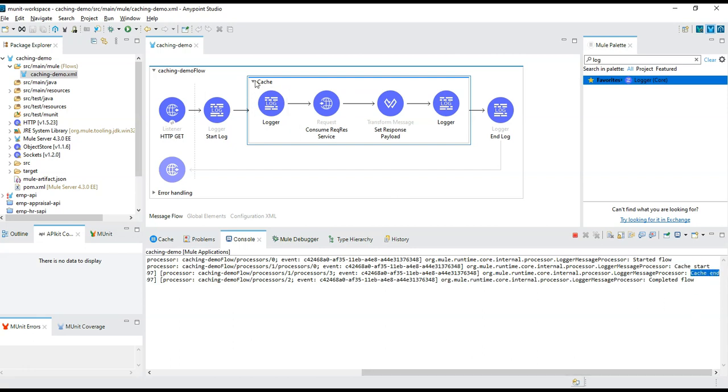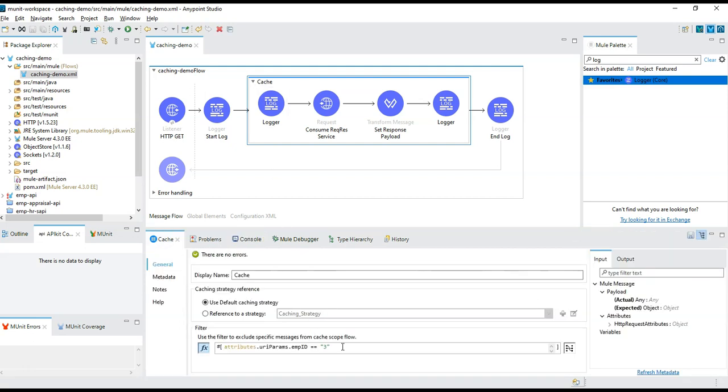That means since we added the filter here, it allows only the third employee to be cached. It won't cache any other employees. So this way we work with cache scope.